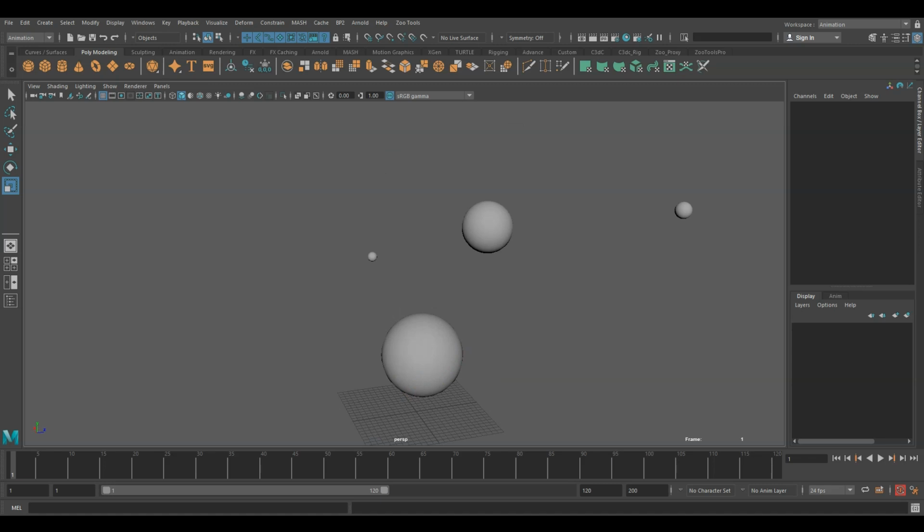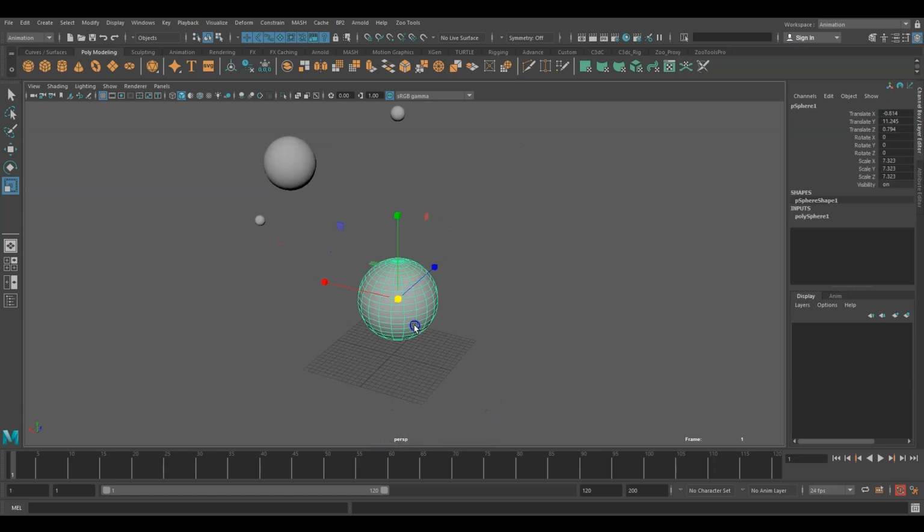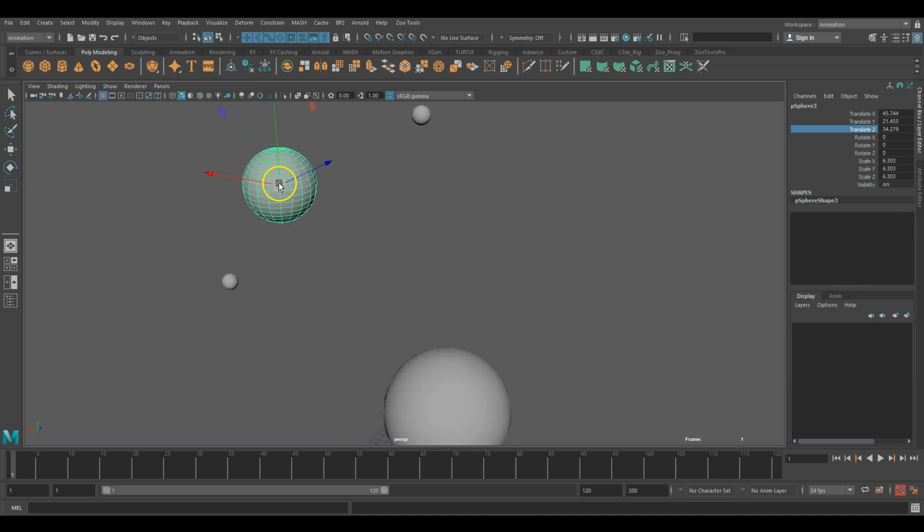Then we have the channel box. If you see, this is the channel box. Whatever you select, whatever you do in the viewport, it will reflect in the channel box. You can see X, Y, Z. Translate, this is a sphere, sphere 2, sphere 3. You can see it in the channel box, and you will see here the rotate, translate. If you select and in the middle drag with the left mouse, the whole sphere will translate in the viewport.